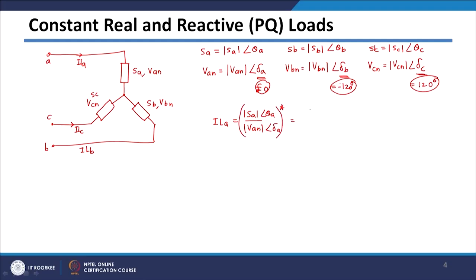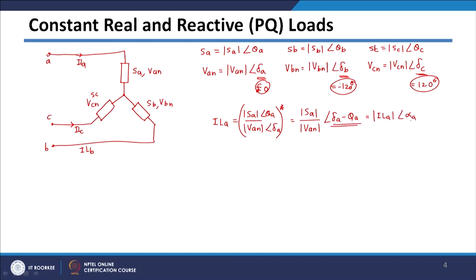So in this case, your ILA will be the magnitude of SA divided by the magnitude of VAN, and this angle will be delta A minus theta A,